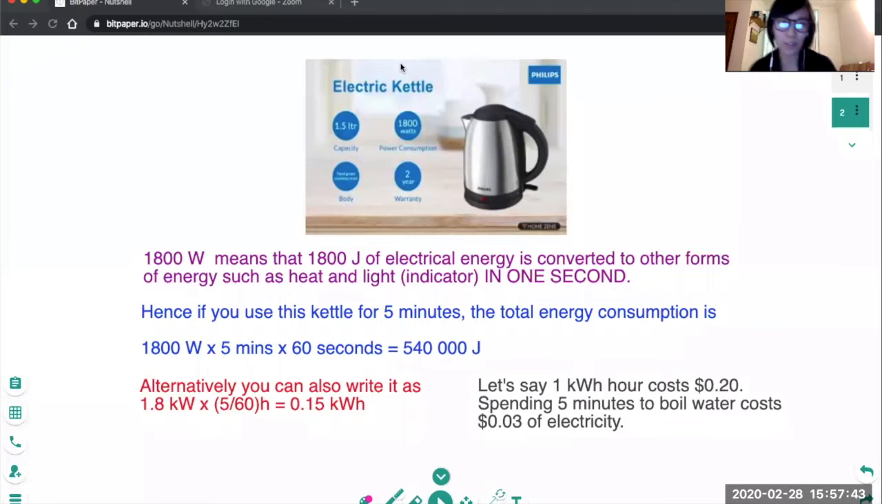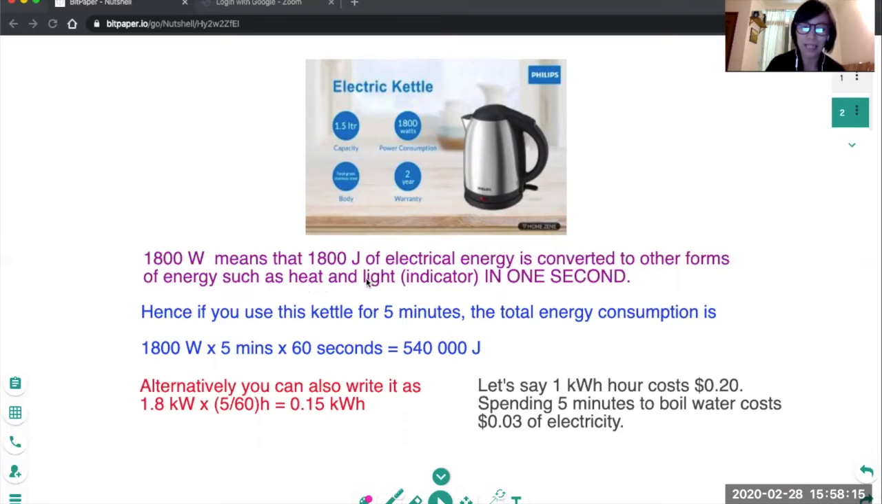Okay, so this video is to differentiate between the idea of power and energy. Now, as you can see from this advertisement, this electric kettle has 1,800 watts of power consumption. So what does it actually mean and how is it actually related to energy? So 1,800 watts actually means that this kettle will convert 1,800 joules of electrical energy to other forms, such as